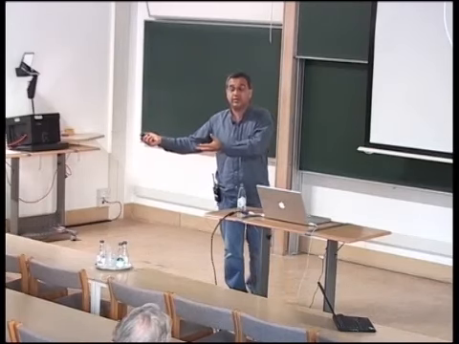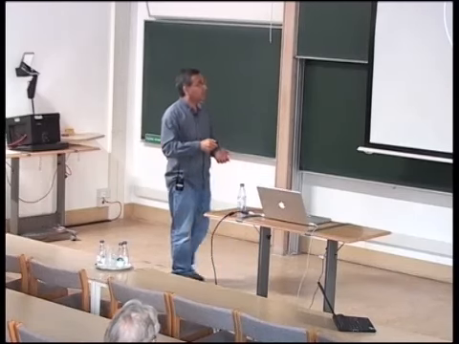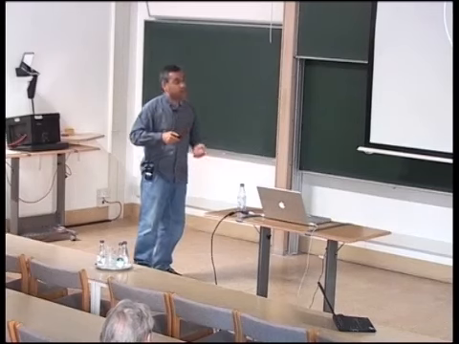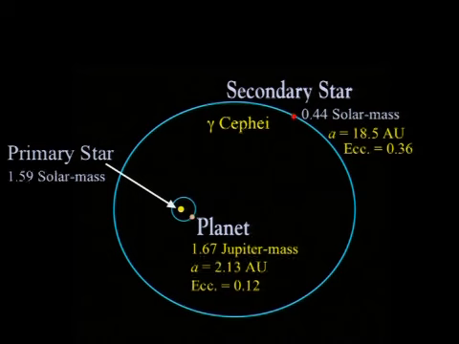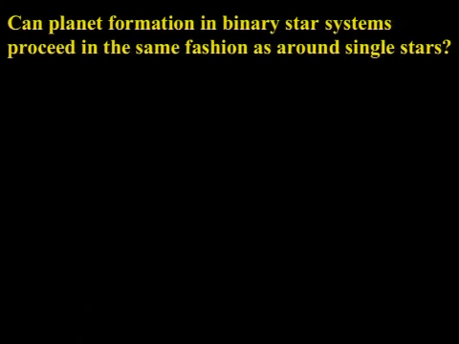In our solar system, terrestrial planets were formed when giant planets were already there, and giant planets affected terrestrial planet formation profoundly. So the question is, can we compare this? What we learn by applying that idea to this, and can we compare terrestrial planet formation in these systems with our solar system? So the main question is how is planet formation in binaries, basically moderately close binaries. So we are talking about binaries with separations between, say, 10 and 40 AU.